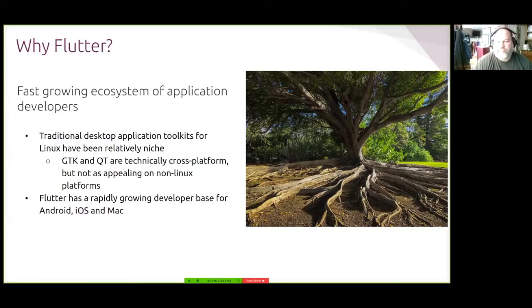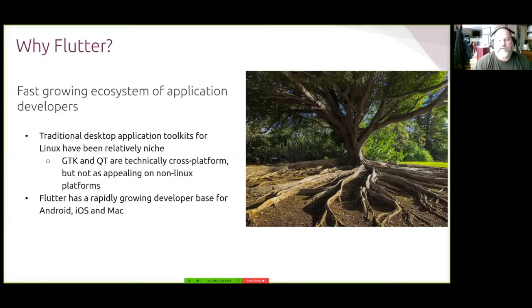However, that's really never been appealing to the non-Linux developer. If you're already developing an app for Linux, these are great choices, but it's not appealing on other platforms. Flutter has a rapidly growing developer base for Android, iOS, and Mac. So why not leverage that on Linux?